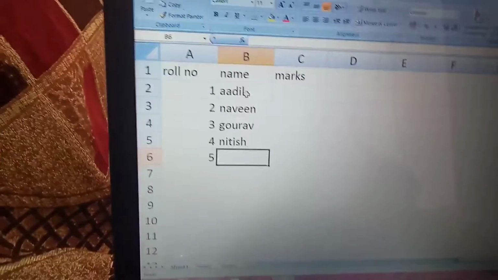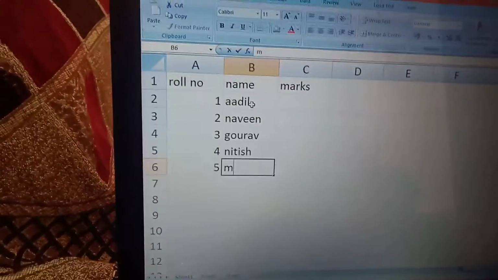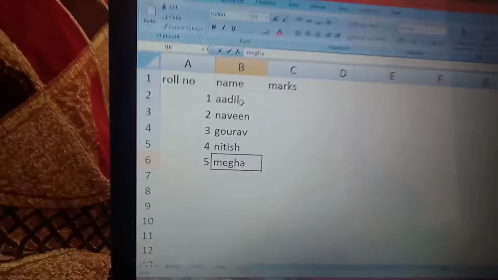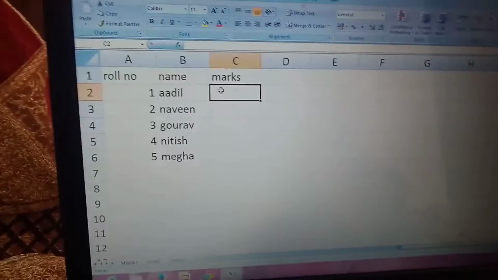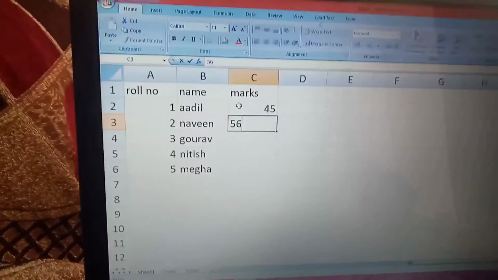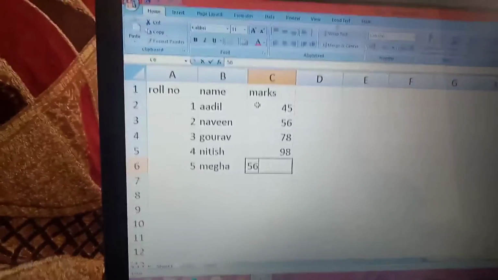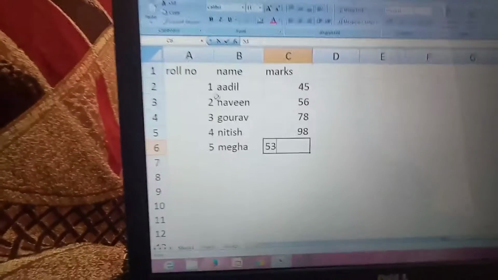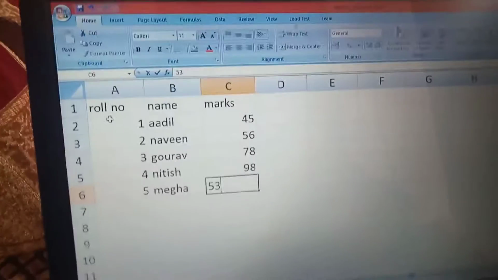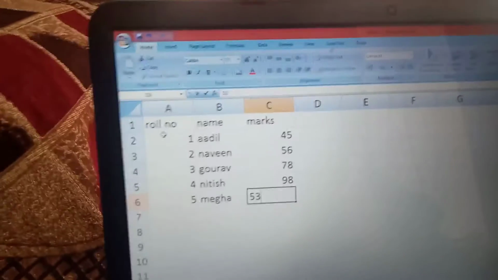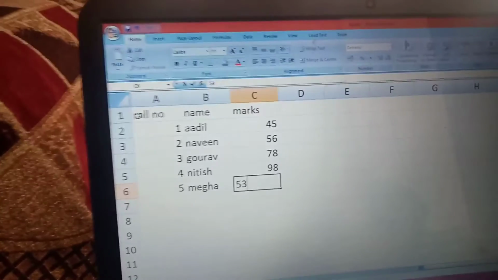and Megha. I have entered some names of students and I will provide the marks: 45, 56, 78, 98, 56 and 53. Firstly, for drawing any chart, I will select a range.